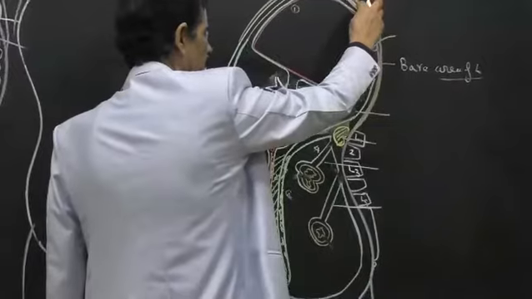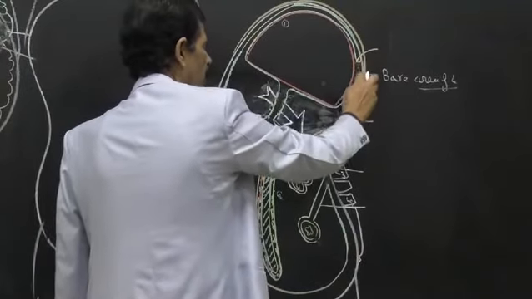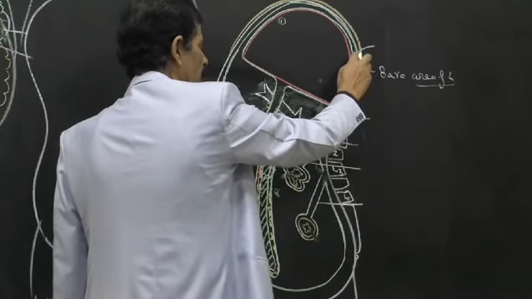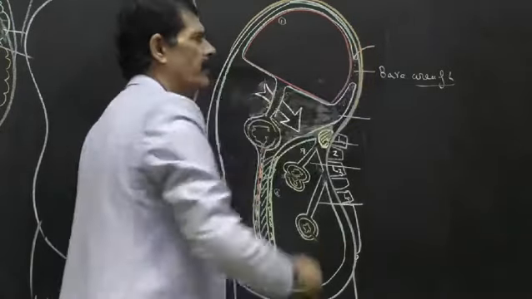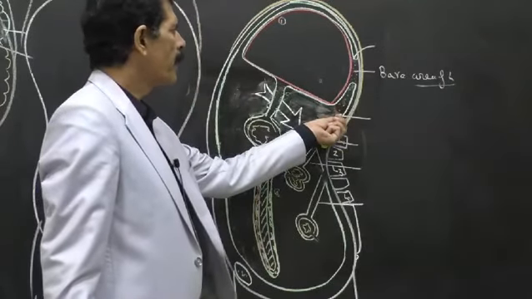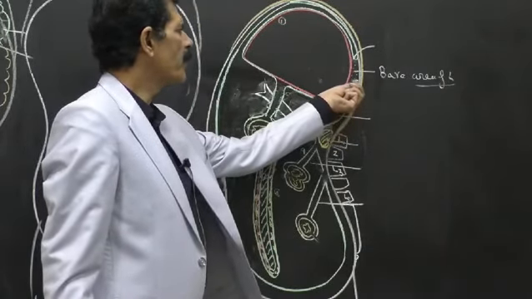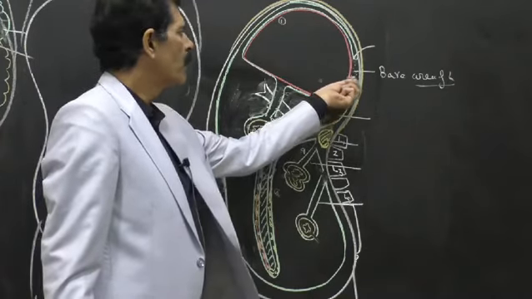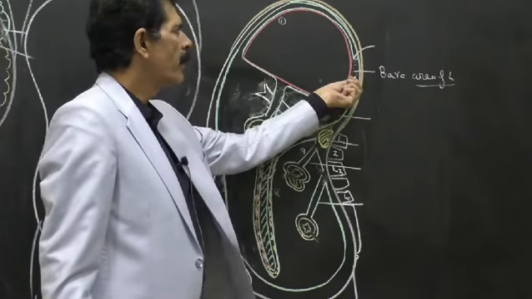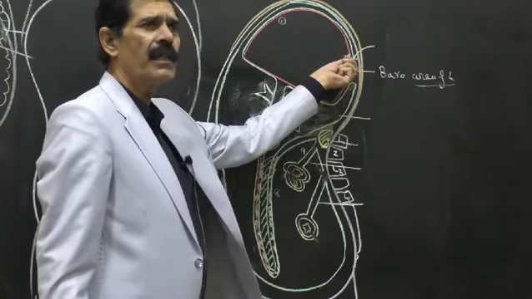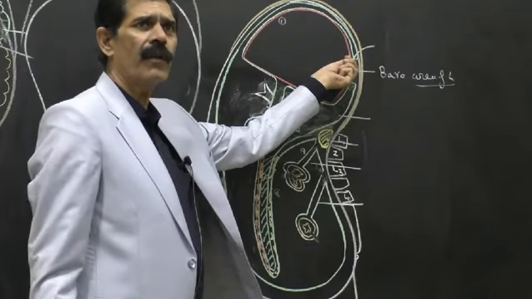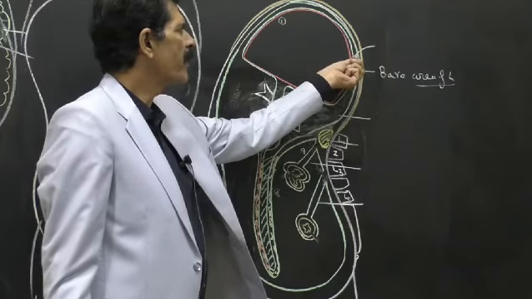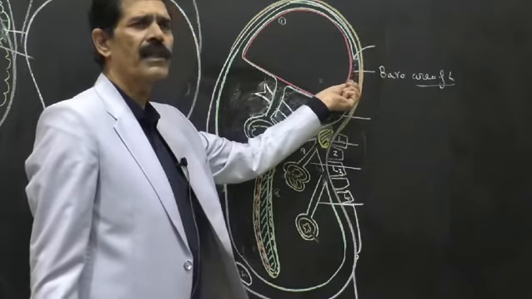And from here it has two points, upper and lower. On the upper point, the diaphragmatic peritoneum is reflected on the liver as the visceral peritoneum. Similarly, below, the diaphragmatic peritoneum is reflected on the liver as the visceral peritoneum, that is Glisson's capsule. So this gap is the bare area. And where does it lie? On the posterior surface of the liver. It will be more clear when we do the liver. At present you must know that it is reflected above and below on the posterior surface of the liver.